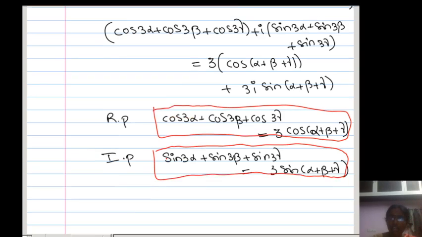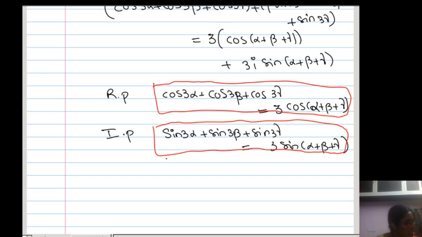Not only do you have to prove that, there is one more thing: cos alpha plus beta plus cos beta plus gamma. That I can prove like this. Let us see how to prove the third one. Let x be alpha, y be beta, z be gamma. I know the condition that 1 by x plus 1 by y plus 1 by z is equal to 0. I already proved this in the solved problem, the fifth solved problem.